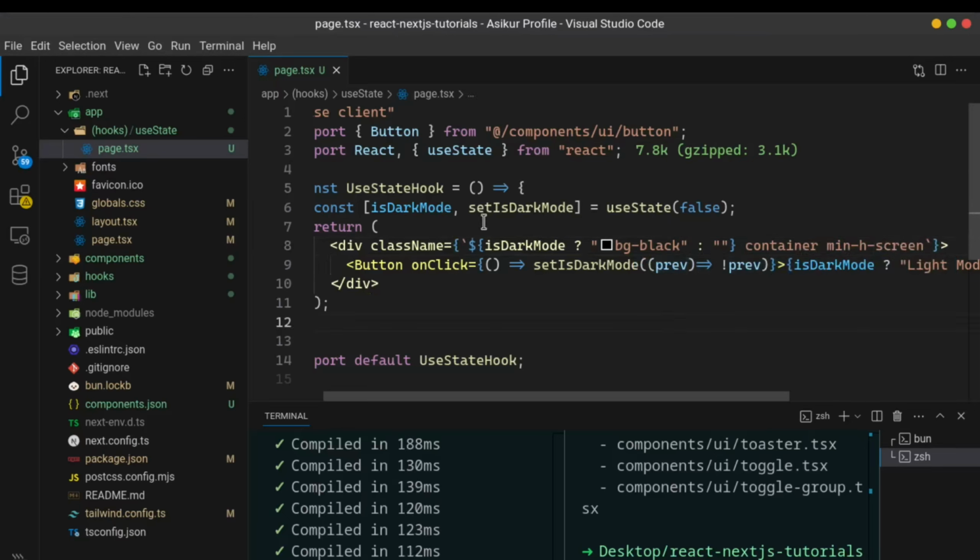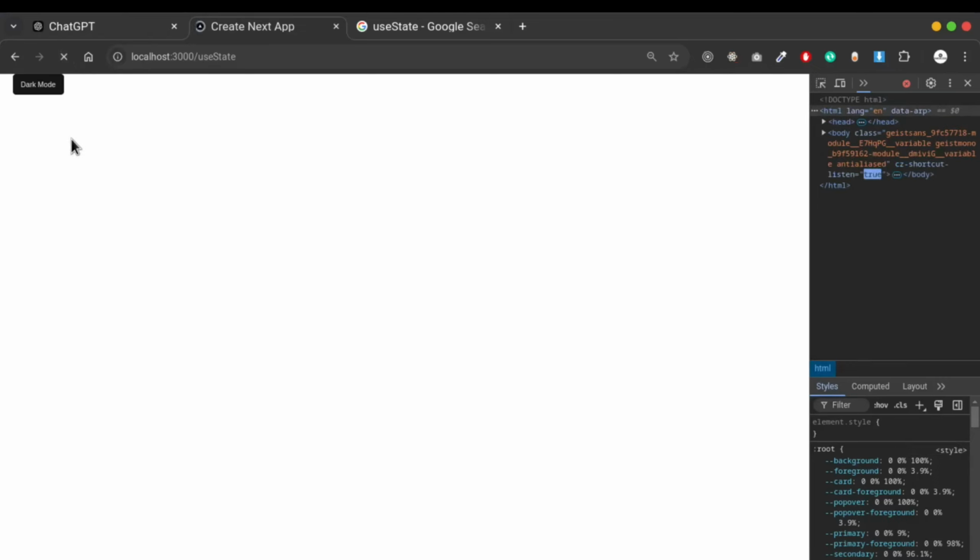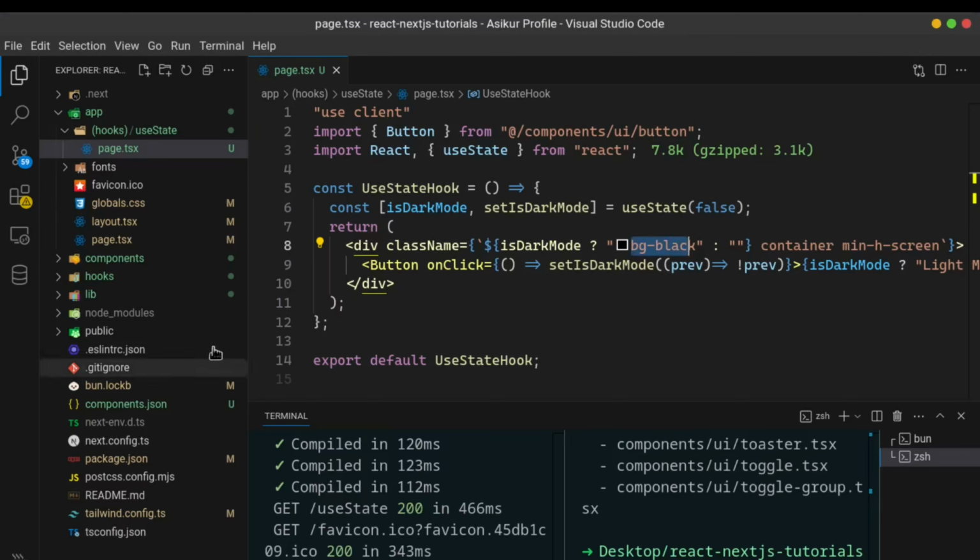So when we hit the button and it's dark mode, then it will set the background color as dark, and when we click again, it will switch to light mode, and it will show nothing. Oh, how cool is that? Most of the time in your application you need dark mode with a lot of functionality, so you can do it easily, just 2-3 lines of code. You can make dynamic